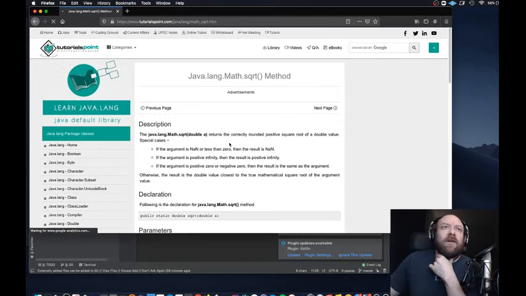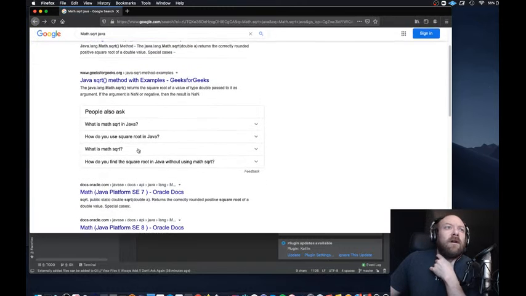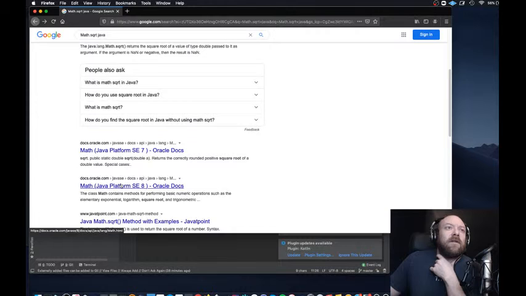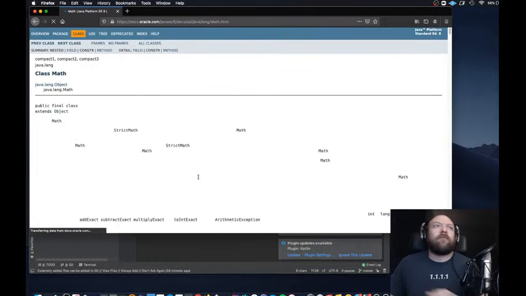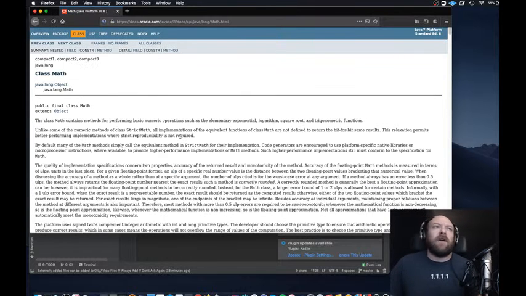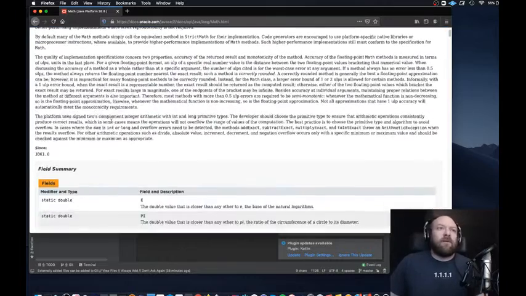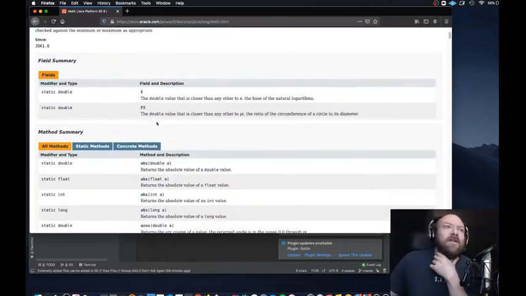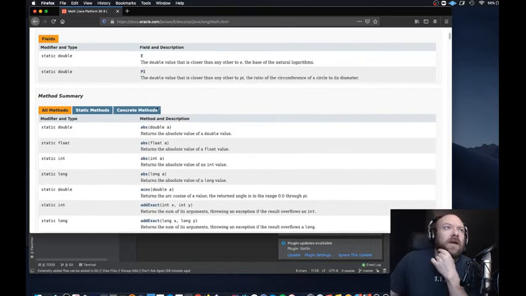Well, that's not the official documentation. Let's go to platform 8. We're using SDK 8 right now. You guys might be using something newer. It depends. Everybody's using something different. So